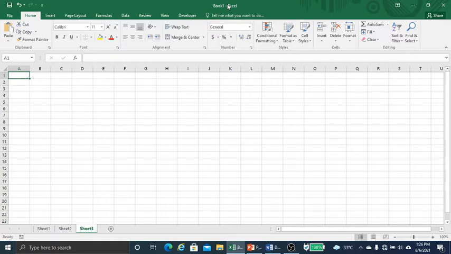A cell which is currently selected is called the active cell. Presently cell A1 is selected, so it is the active cell. Now say D4, D4 is an active cell. So active cell means the cell which is currently selected, and it is highlighted by a rectangular box.